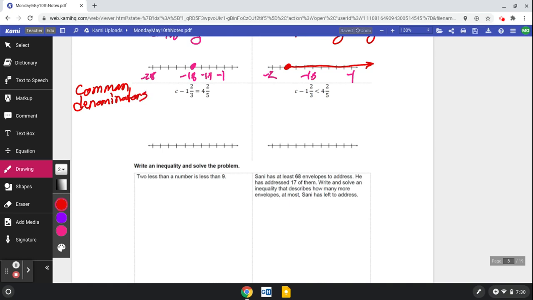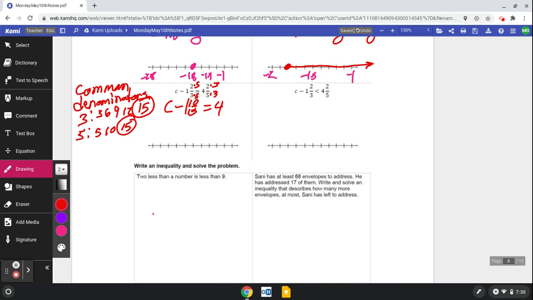Okay, so what are numbers that 3 and 5 can both go into? We have 3, 6, 9, 12, 15, and 5, 10, 15, right there. That's our common denominator. Whenever I multiply the bottom by our denominator, I multiply the top by the same thing. So I multiply by 5, multiply that by 5, multiply that by 3, multiply that by 3. So I really have C minus 1 and 10/15